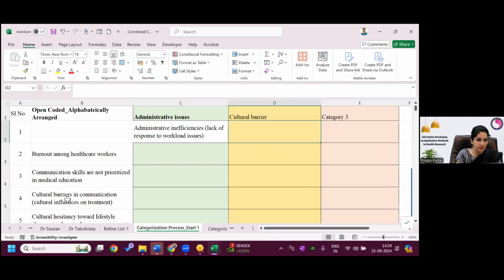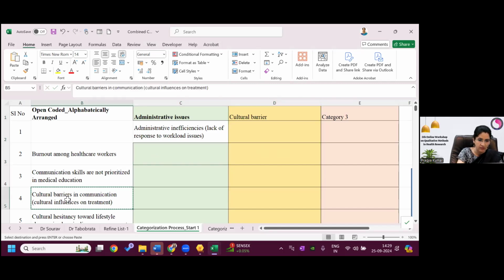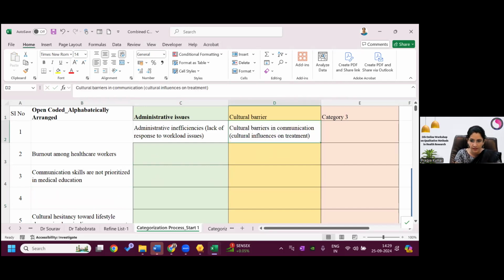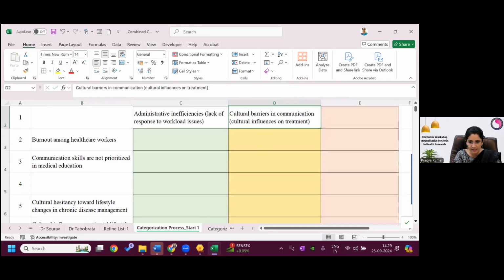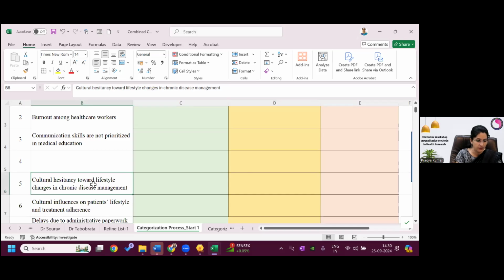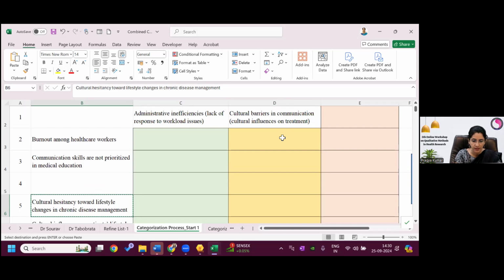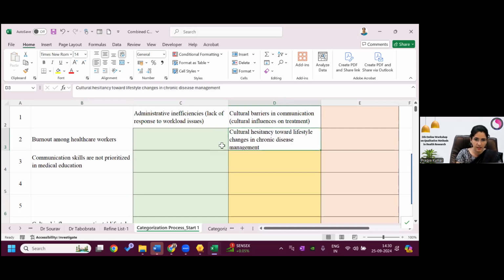Here I can cut this and paste this code in the cultural barrier. Then again, there is cultural hesitancy. So I'll again cut this and paste this code in the cultural hesitancy. Similarly, you can keep on cutting the code and pasting it in the respective category.